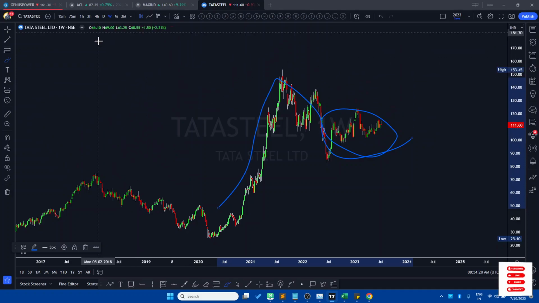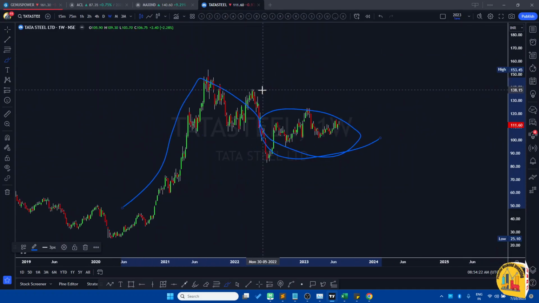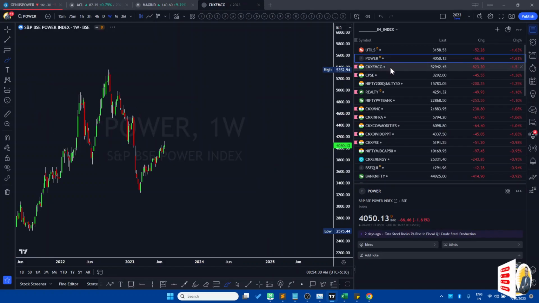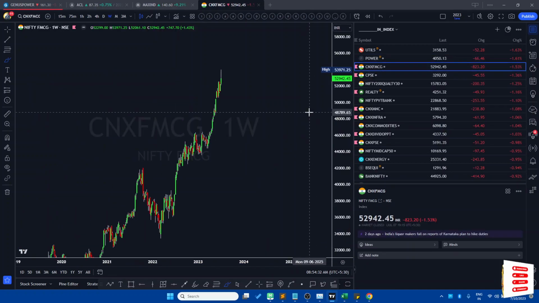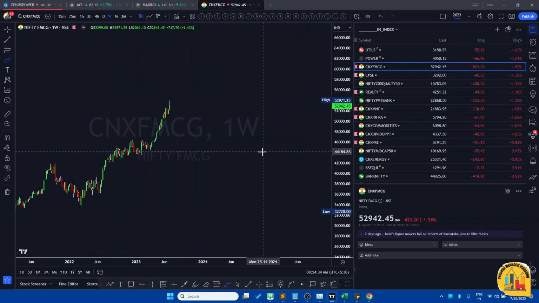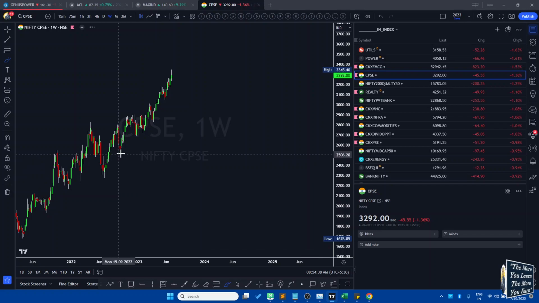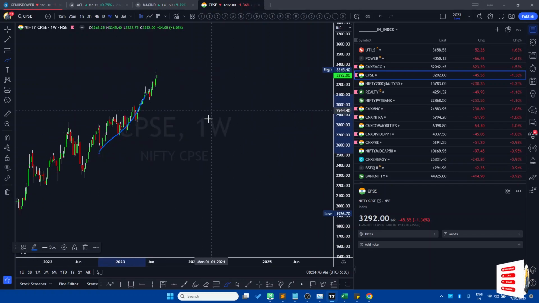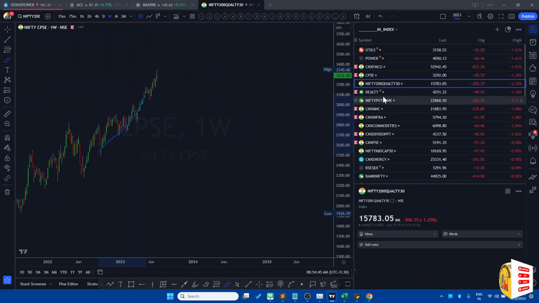Now, coming to the other part, I've covered the sector analysis and some of the indexes. I'm not going through each and every index, because FMCG and all, as you can see, there's a clear trend. It's absolutely extended, so the risk reward ratio is not there. Public sector enterprise is again booming, so you can look at areas where it is.